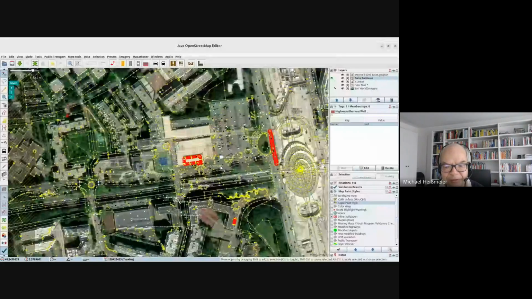So this, as I mentioned, is the outskirts of Paris in here. And as I said, here we've got tunnels which have no layer attribute. So this is clearly flagged. And also this junction roundabout, which certainly is a wrong tag for this kind of highway. And as I just mentioned, when you are in a densely built up area,